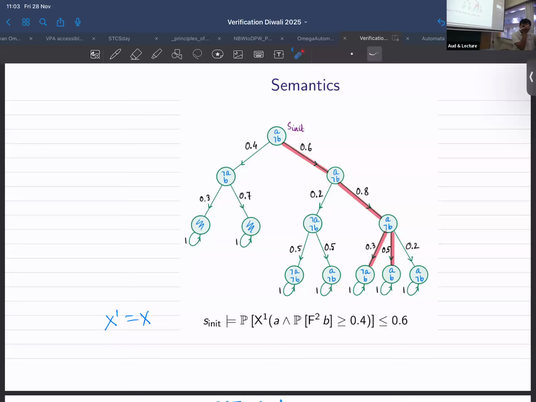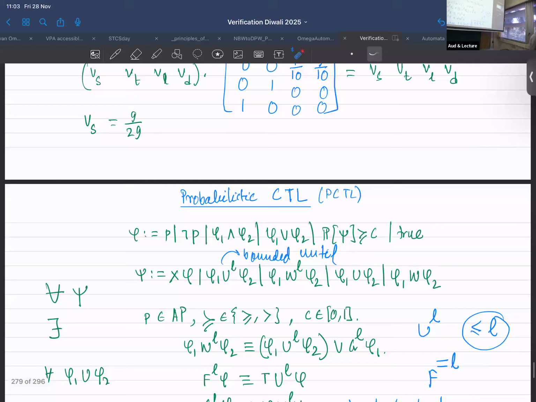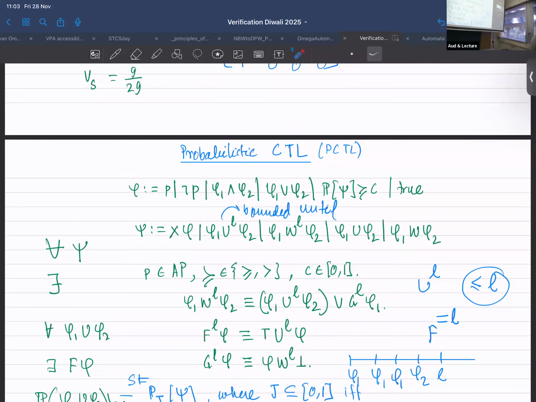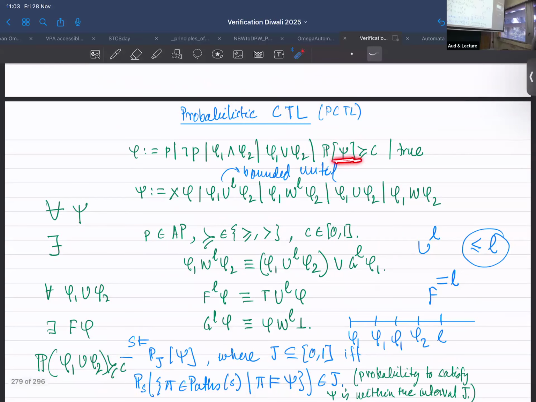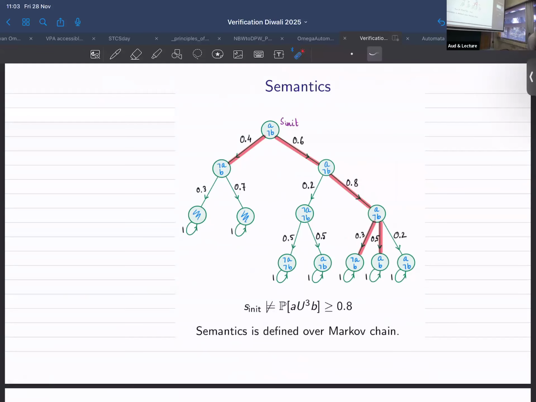Okay, right? So you can have nested probability operators, right? It's just allowed by the probabilistic CTL, PCTL formula. You have nesting in the path operator. Inside the path, you do X of phi. Phi becomes a state formula. In that phi, you can again have a probability p. Right? So this is how it works. So now the question is that,